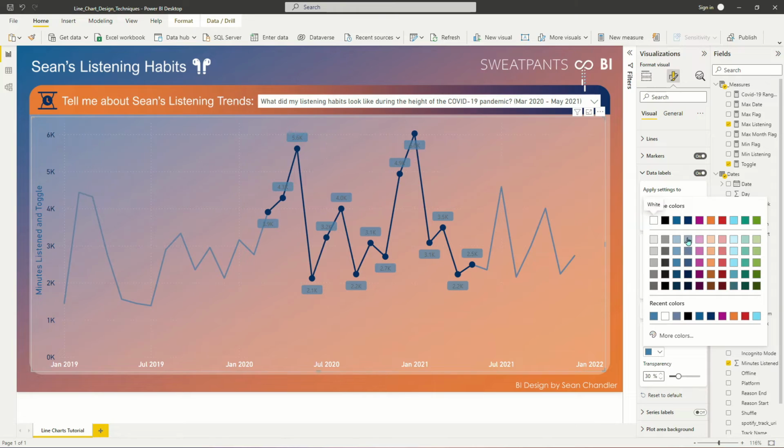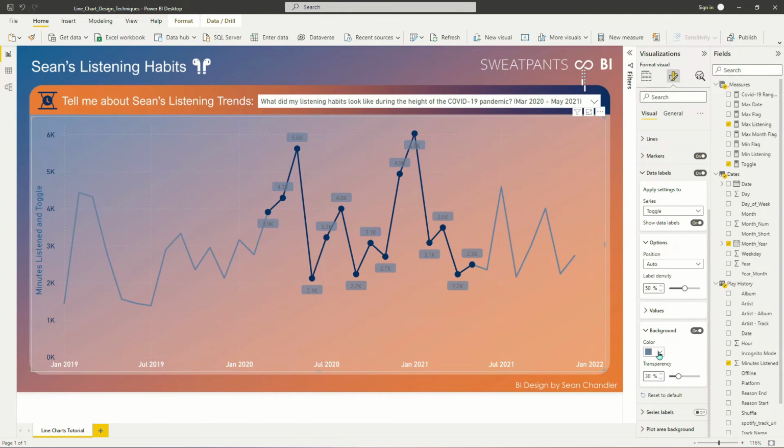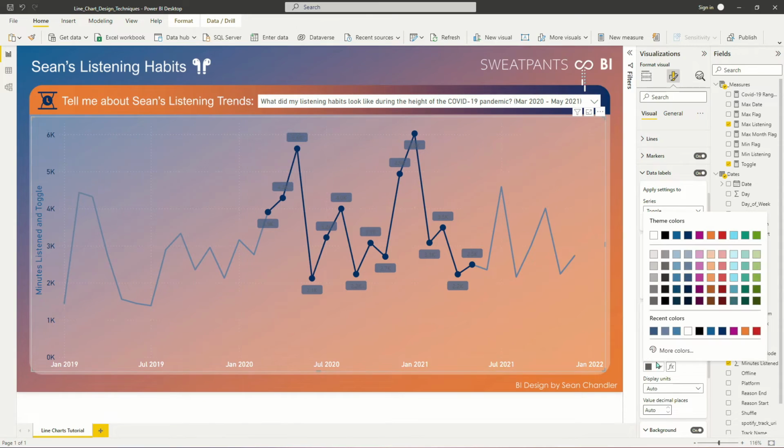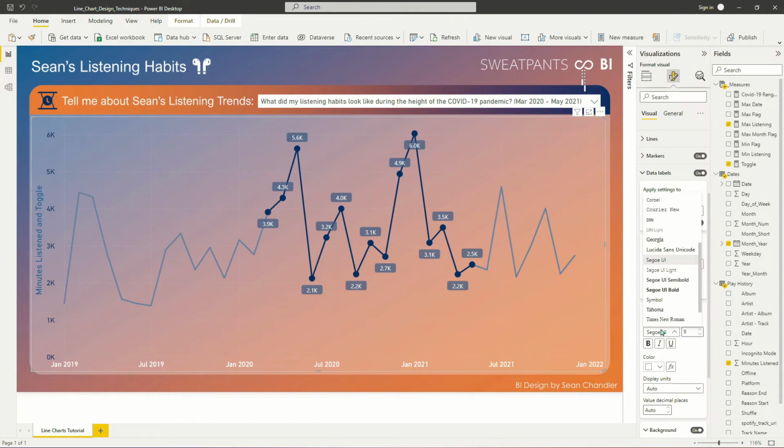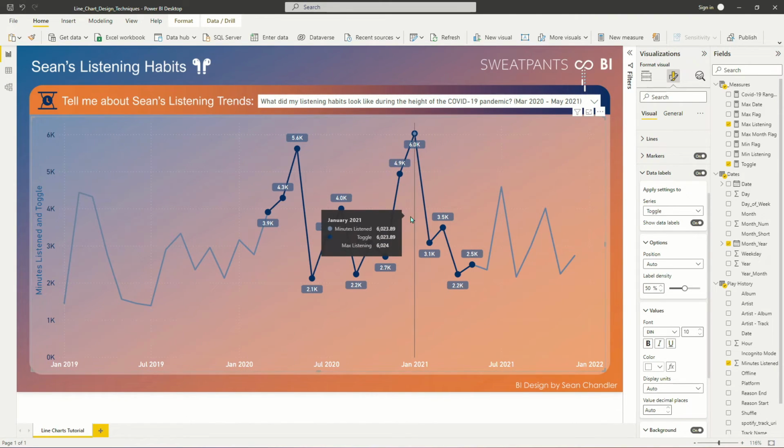I'm going to look for a shade of blue that will work in the context of this visual. I'm going to change my values. I need a white text that's going to really pop. There we go. That's not looking half bad. Again, everything is super busy, and that's not something that I would typically recommend. We could get around this by using a lot more DAX, but just for demonstration purposes, I'm going to leave